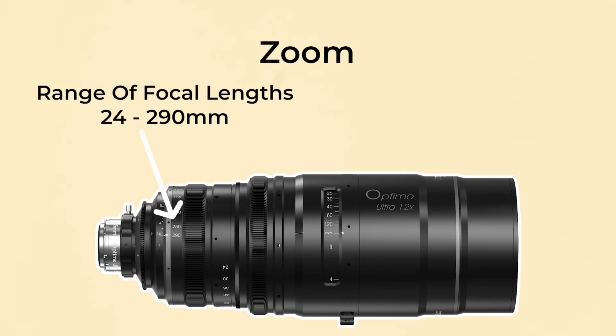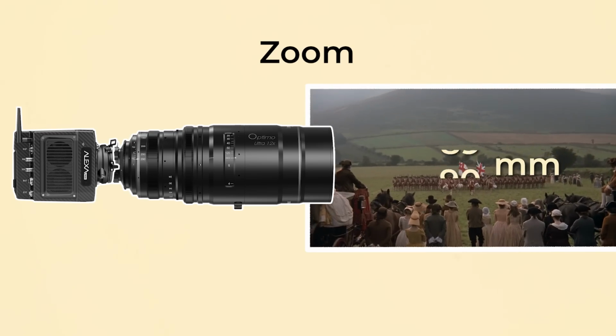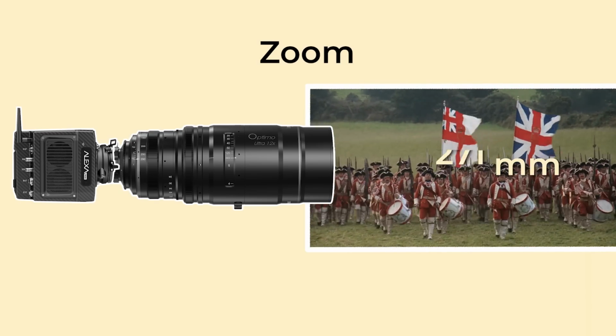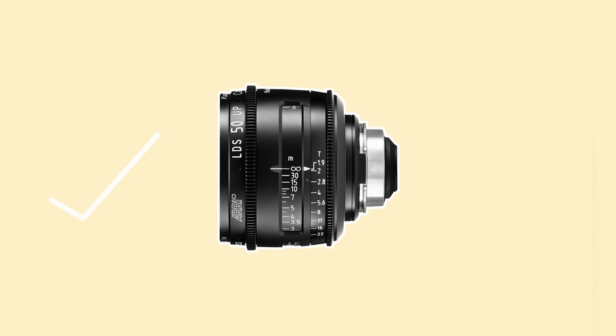Zooms have a range of variable focal lengths, so by moving the zoom ring on the barrel of a lens, you can change how wide an image is, in some cases all the way from a very wide angle to a close-up telephoto shot. As is the case with all film gear, there are a number of reasons for and